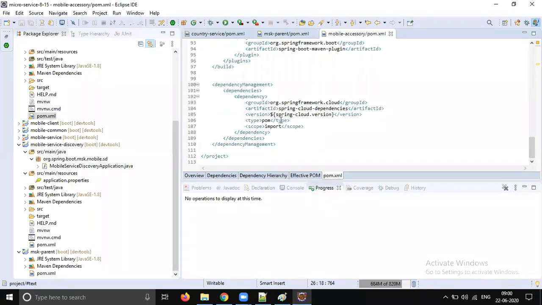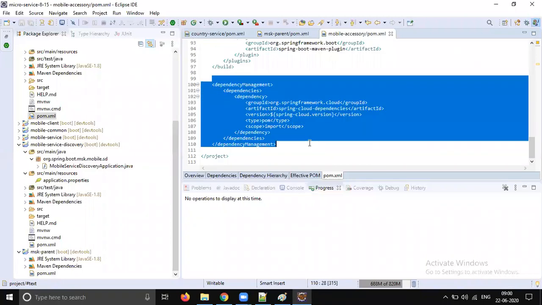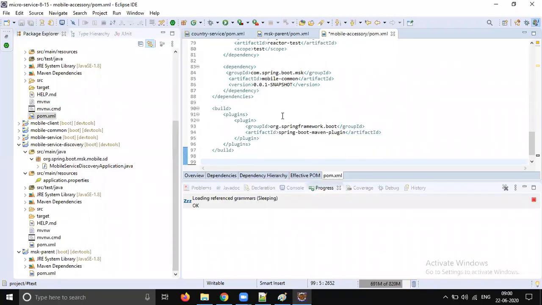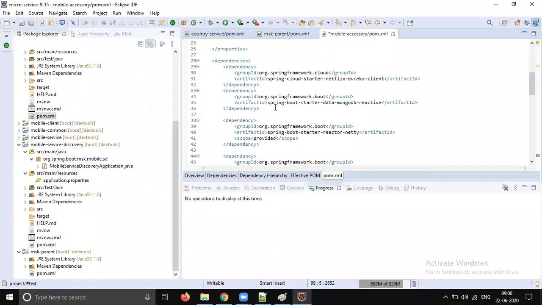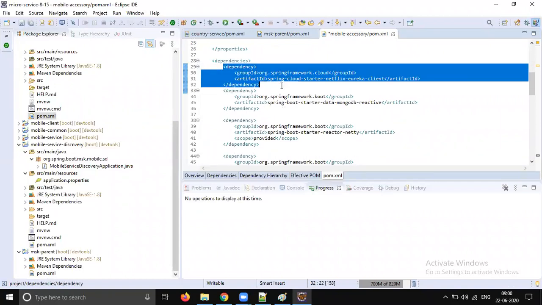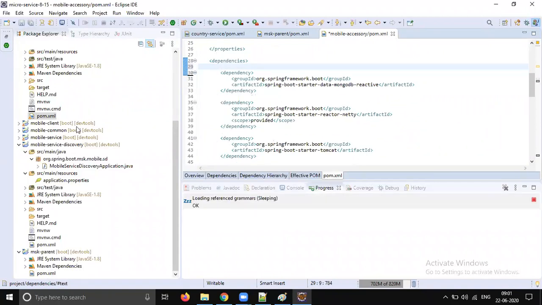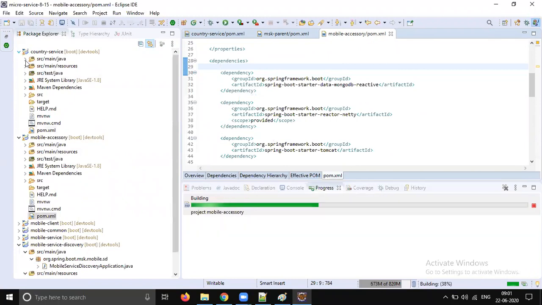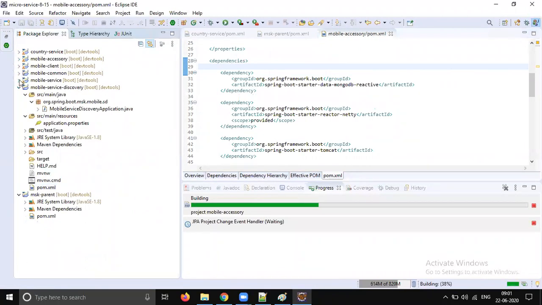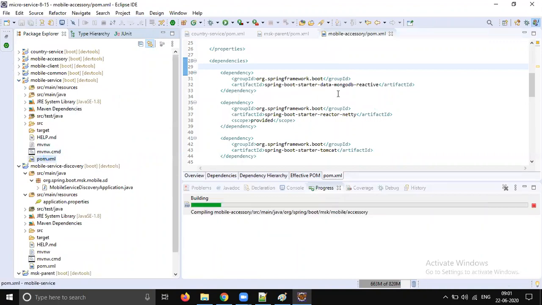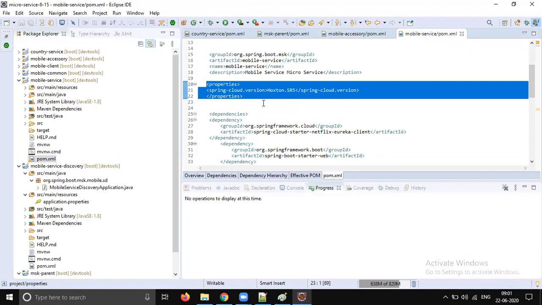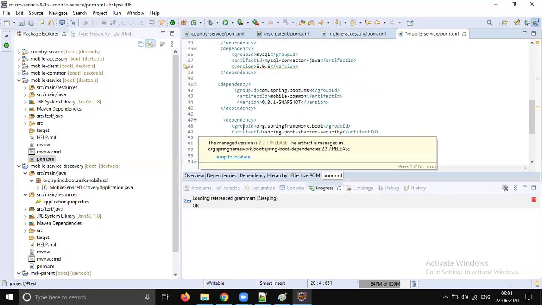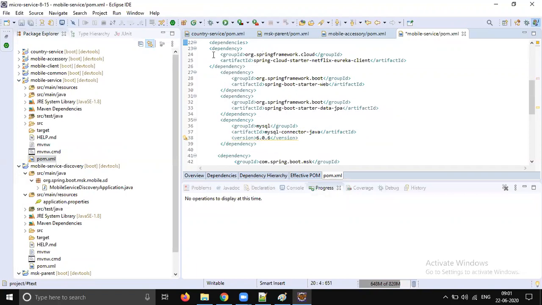So now let's scroll down. Yeah. So we can remove all these things, right? This is a common dependency, so it can be added in the parent. So let's remove that Eureka client, and let's go to mobile service also. Let's do the same change here also, because we already added it in the parent. We need not do those changes here. Okay, not required. Scroll down, you can see where that client is, remove